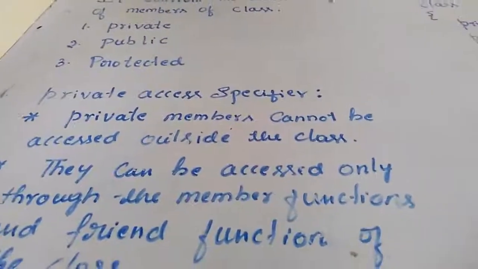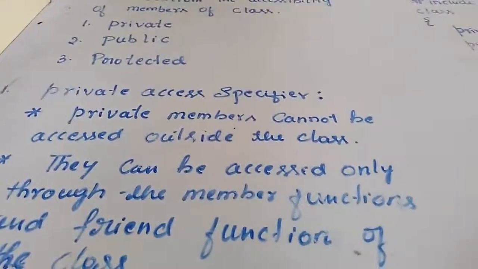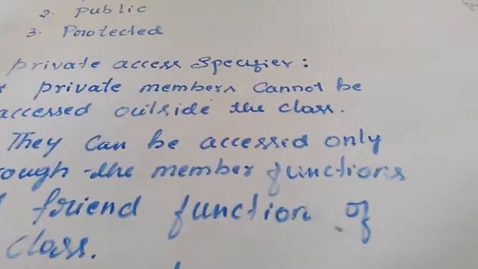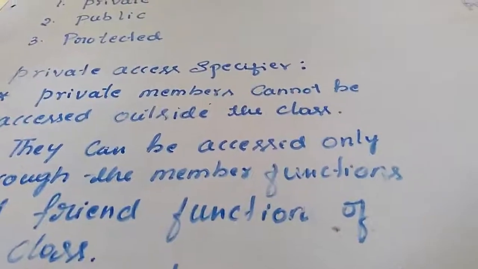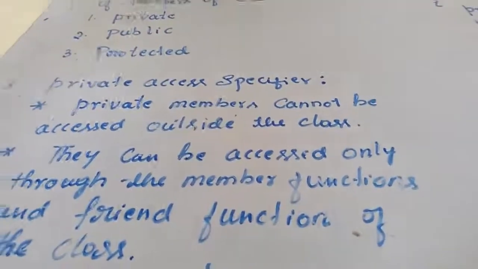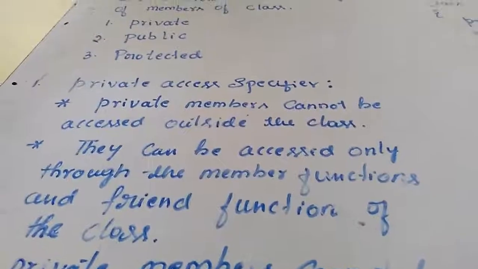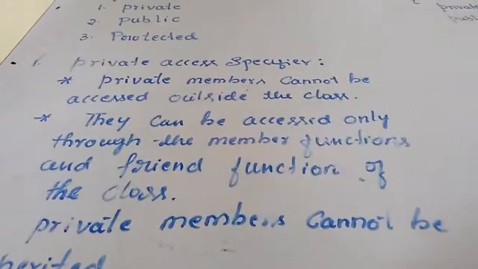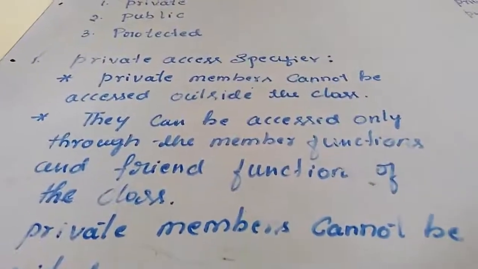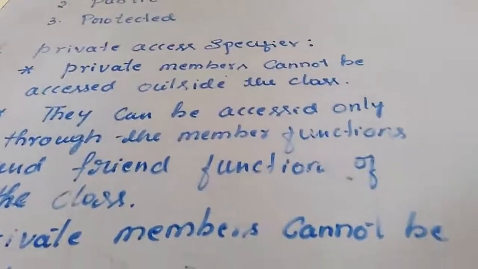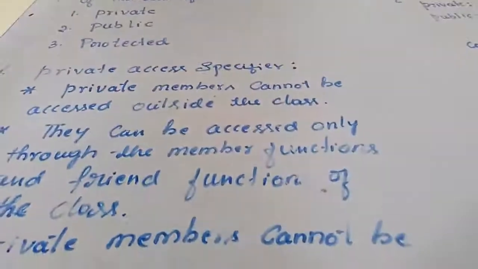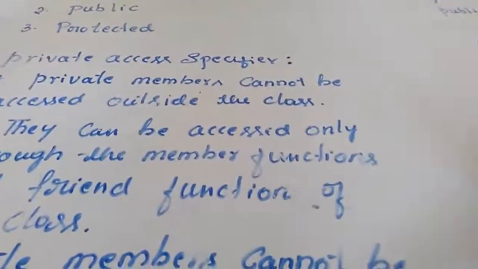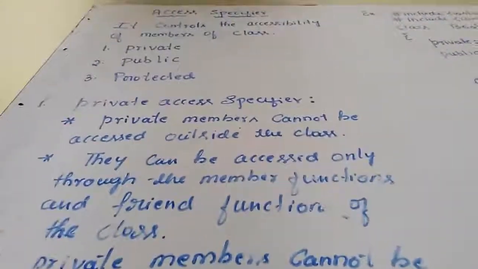We already discussed member functions. Functions which are defined inside the class, those functions which belong to the class, are called member functions. Only those functions can access private data. They have the rights to access private data. It cannot be accessed through a non-member function, isn't it? Another thing is that a friend function can also access the private data. At this moment you have to memorize this point: a friend function can access the private data of a class. In the next chapter, the function overloading chapter, let us discuss it in detail.